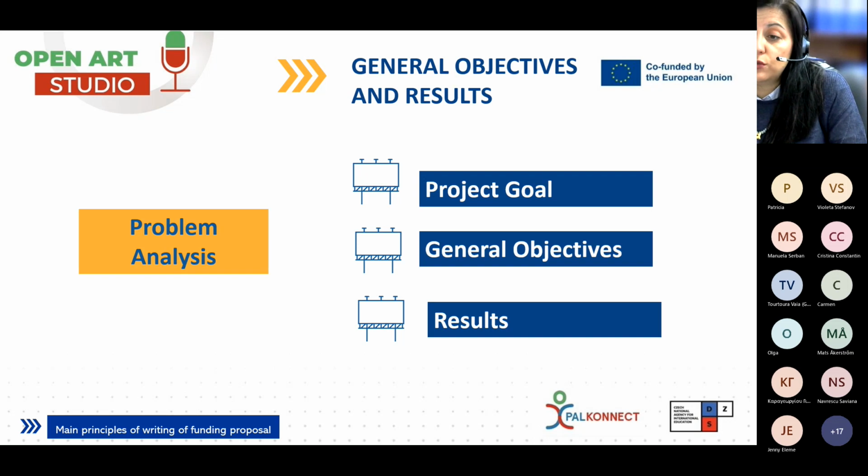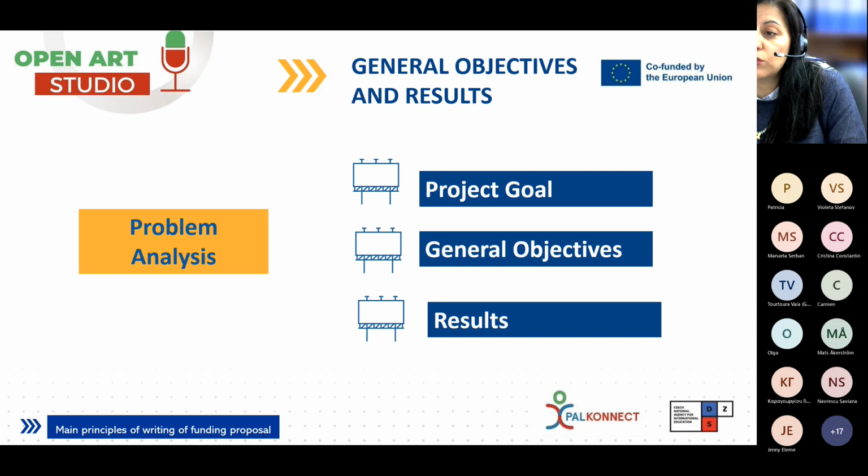What do we have to do? Convert the negative situation of the problem analysis into solutions expressed as positive achievements. What do we have to remember in terms of defining these elements of our application form? The project goal gives a specific solution to an identified problem. It should be formulated as a change of an existing situation. What are we going to achieve? Improve the artistic offer for the audience, develop a new educational program for cultural managers. Usually, a change is achieved through a process, and to describe it, we use specific types of verbs. For example: improve, strengthen, empower, enrich, develop,